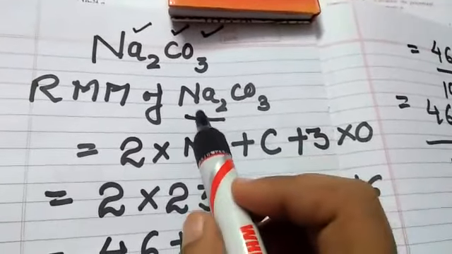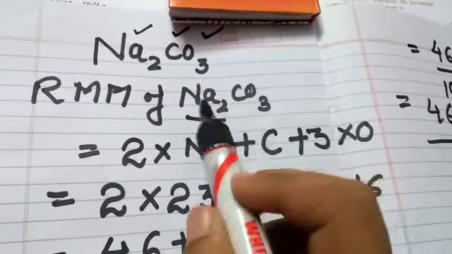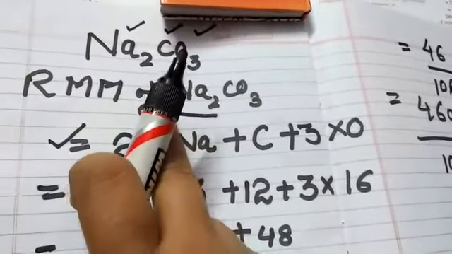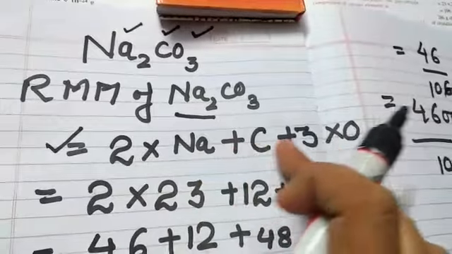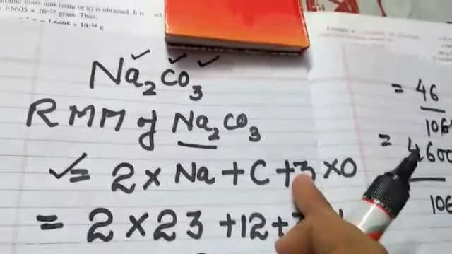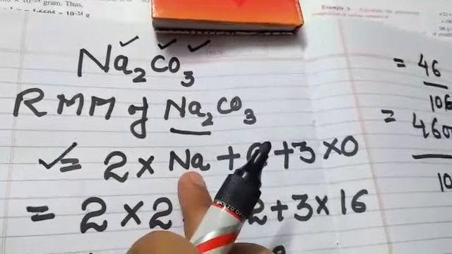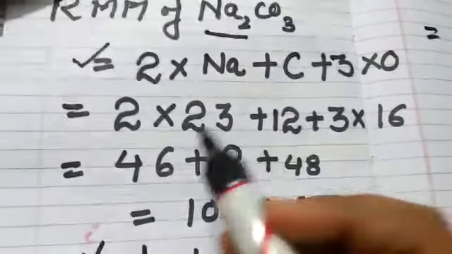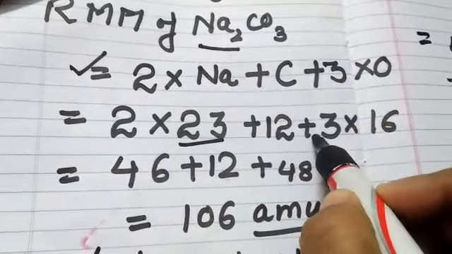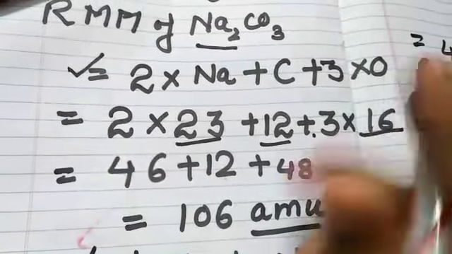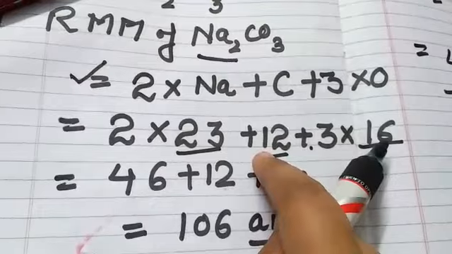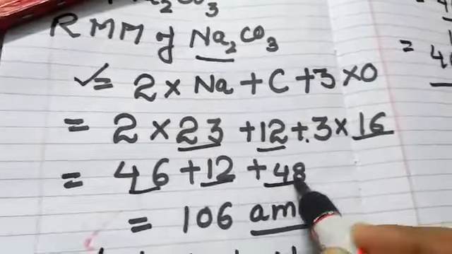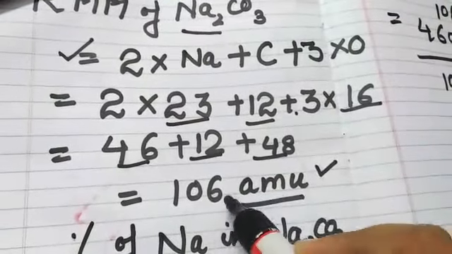So you should know the atomic mass of each element present in the compound. So this step I'm writing just to make you understand. जब आप इससे रिलेटेड प्रॉब्लम सॉल्व करोगे यू नीड नॉट टू राइट डाउन दिस स्टेप, ये आप रफ में लिख सकते हो. सो 2 इंटू मास ऑफ सोडियम प्लस कार्बन प्लस 3 इंटू these atomic masses you have to learn, because already I told you sometimes these are given in the question paper, sometimes not, so you have to keep in mind. So 46 plus 12 plus 48 total comes out to be 106 AMU.